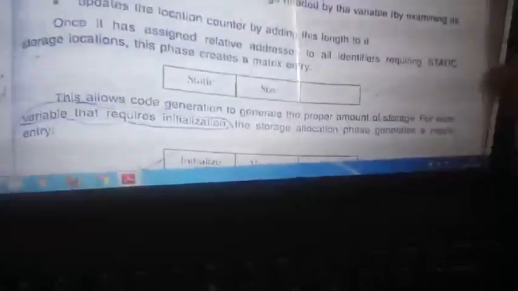So our identifier table, this is the task it performs, this is the algorithm, right? Sorry, not for the literal table, that is, in an identifier table, if the variable is of static type. For a class we have static, means the size is fixed, it won't change. Then it will check the size, and according to that it will update. Clear? So next is a variable. It will check the initialized variable. So it will check the storage required, because variables vary in size, and according to that it initializes.